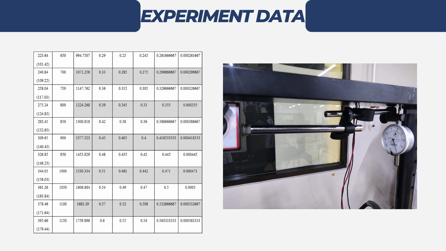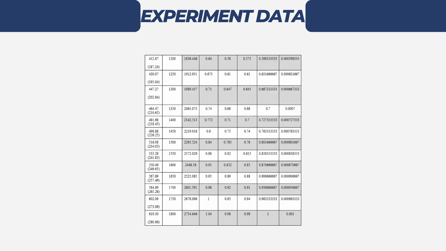So in order to record the deflection that happens to the beam due to the pressure increasing, we're going to be using a device called the dial gauge, which is basically used in structural testing and engineering applications to detect small displacements. So basically, before the experiment, we're going to be installing this device exactly below the beam, and it's going to be calibrated to 0. And as the beam is going down because of the pressure, it will record the displacement or the deflection that happens to the beam, as can be seen in the picture. Yeah, and here's the other data of deflections that we've recorded.